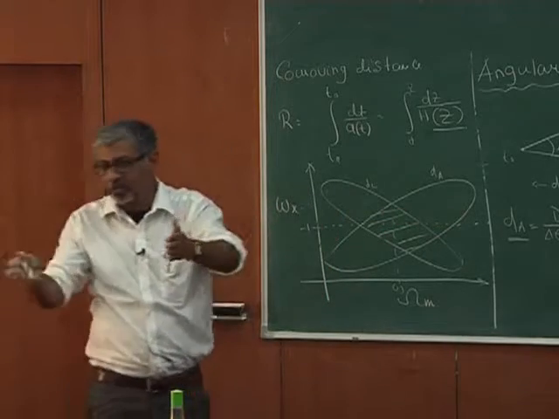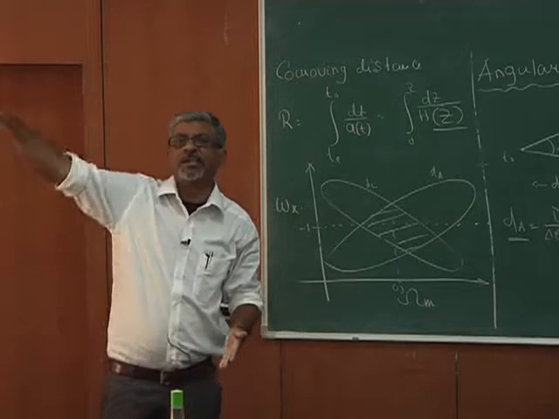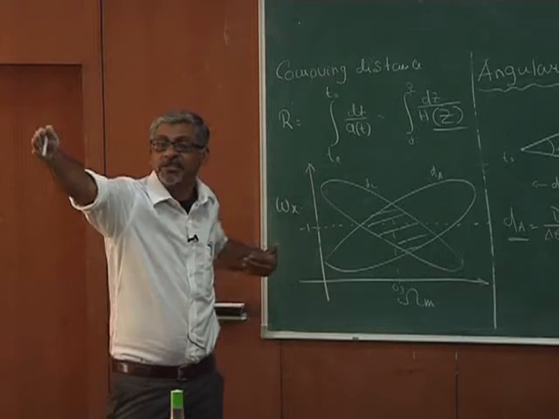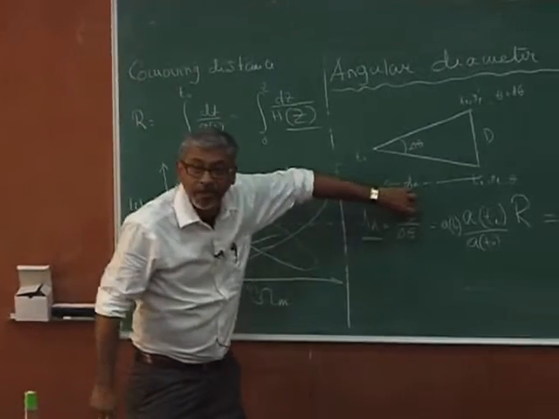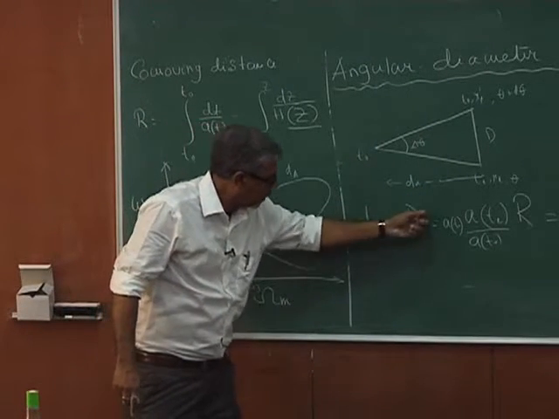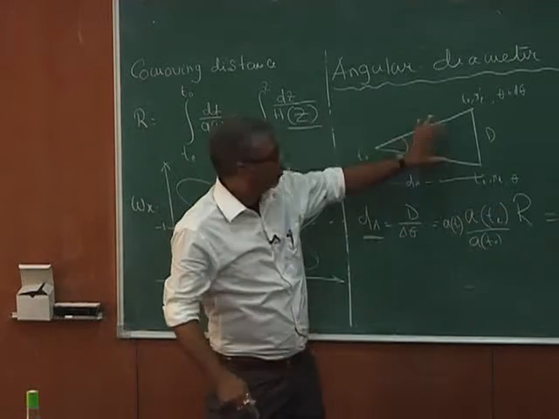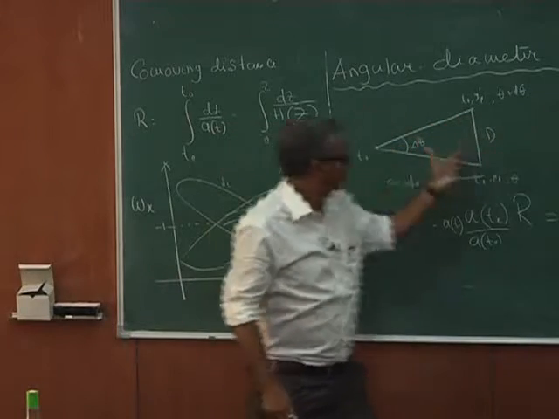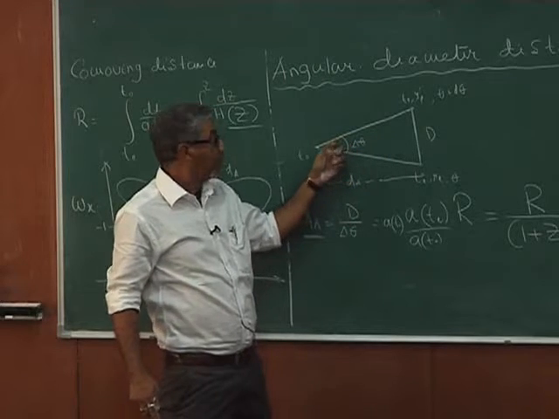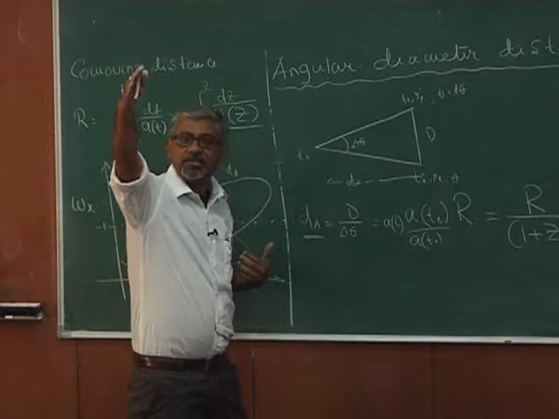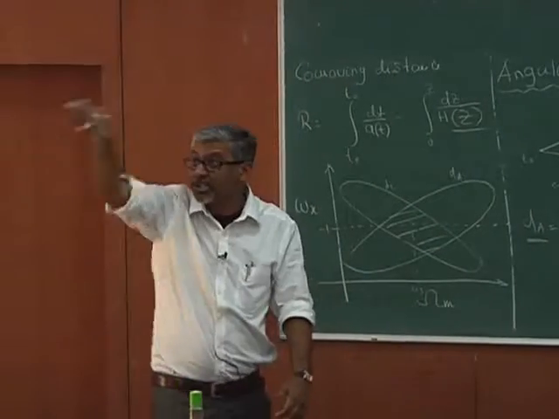Especially from matter to cosmological constant it happens, because in one case it is decelerating, and after some time it starts accelerating. Once you start accelerating, your distance gets very high. So if you have this thing in your sky, this dA, which is around some distance, and you are decelerating, the distance is changing. Once you start accelerating, the rate of change of distance suddenly increases a lot. That gives you the change in behavior.